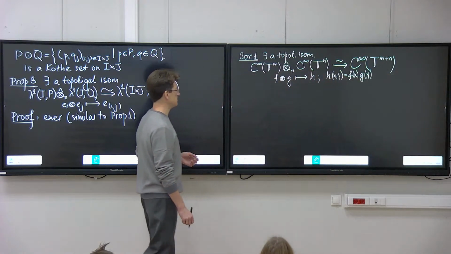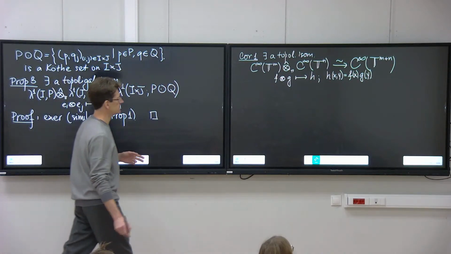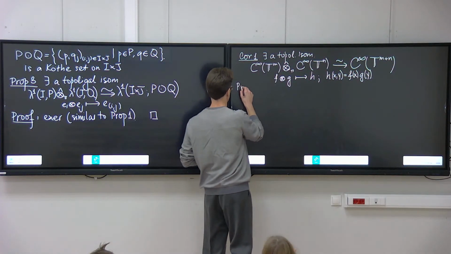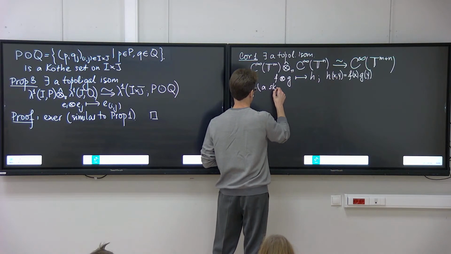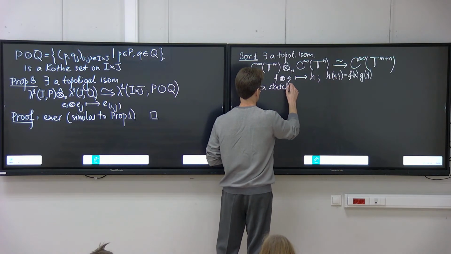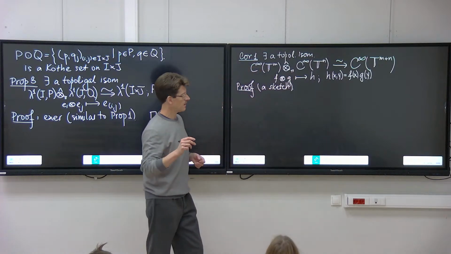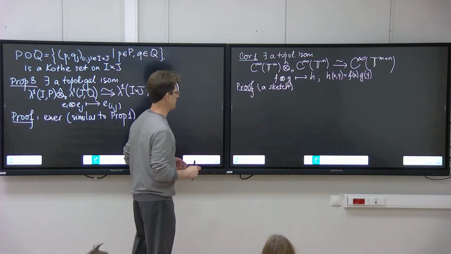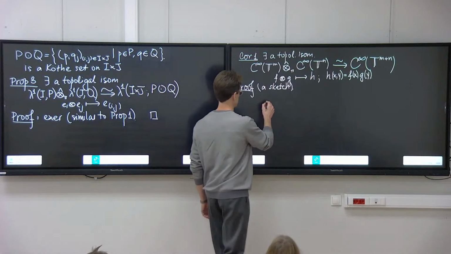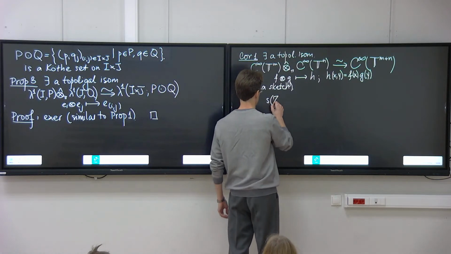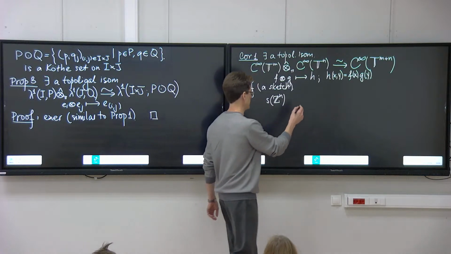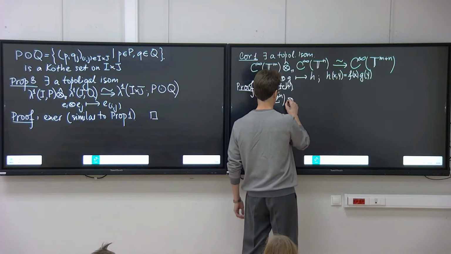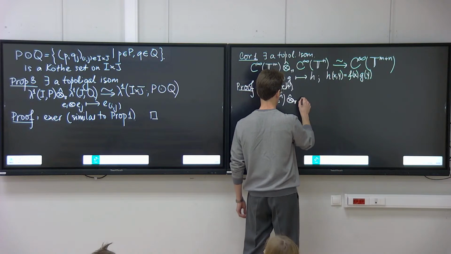This result can be deduced from proposition 3 as follows. Well, it's a sketch of proof, but I hope you will easily reconstruct all the details. So let's look at the space little s on Z to the power n, the space of rapidly decreasing sequences indexed by Z to the power n, and try to form the tensor product with a similar space on